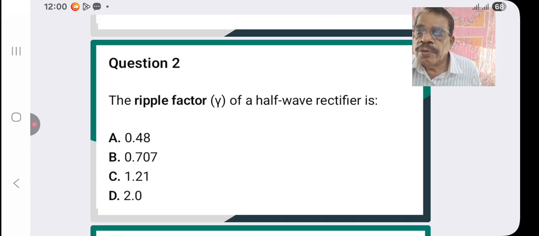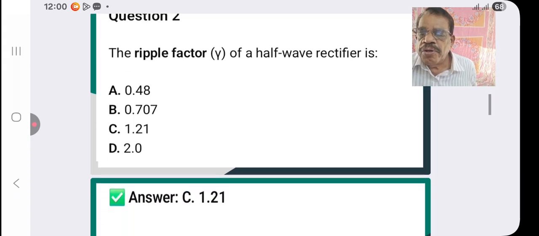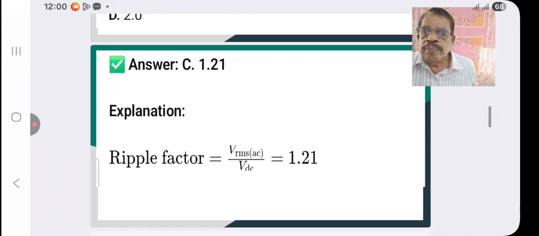There are two important types of rectifiers: one, half-wave rectifier, two, full-wave rectifier. For a half-wave rectifier the ripple factor is 1.21 and for a full-wave rectifier it is 0.48. Ripple is the AC component in the output of the rectifier, and for a half-wave rectifier it is greater, 1.21. The answer is C,